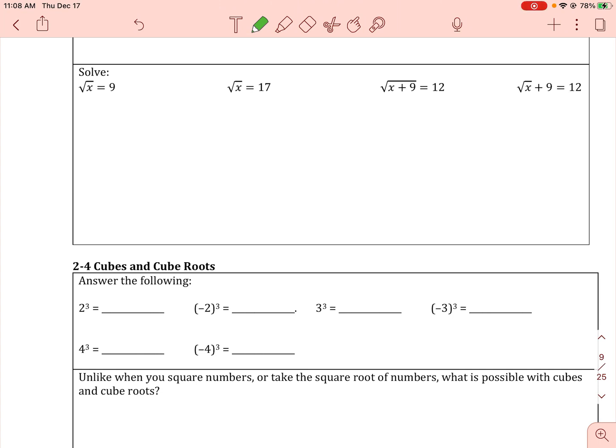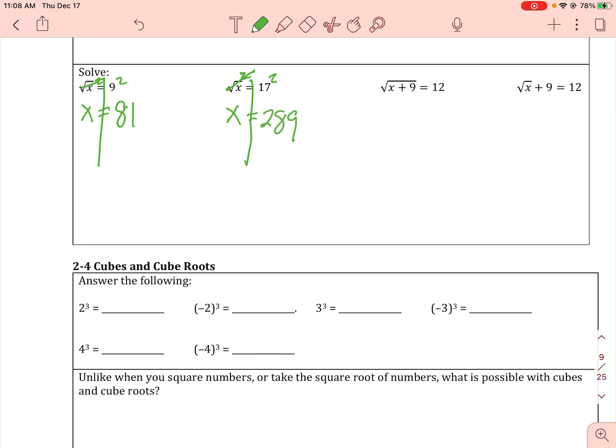Now when we see something with a square root, so when you square root a number and you get the number 9, what number are we square rooting? Again, the inverse operation of square rooting is to square. What you do to one side, you do to the other. So the square root of x squared is just x. 9 squared is 81. Same thing here. Square this side to get x. Those cross out because they're inverses of each other, and we're left with just x. And then square this side, and we get